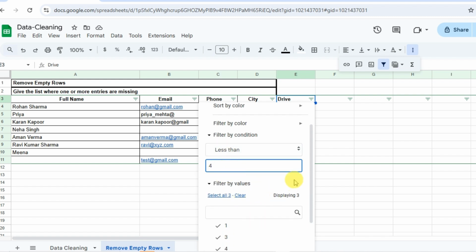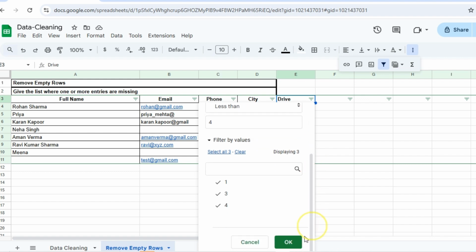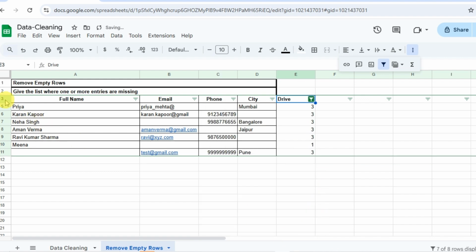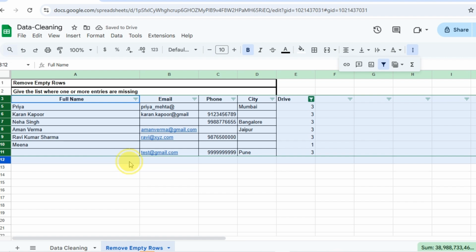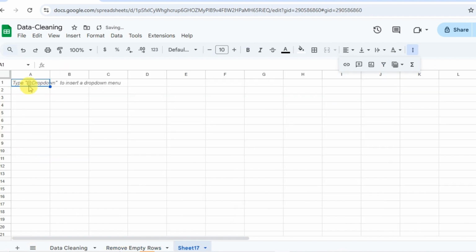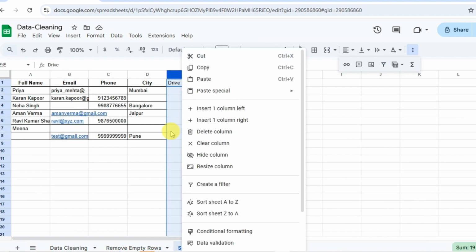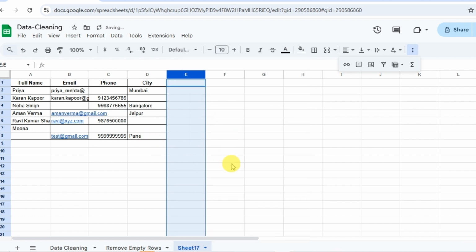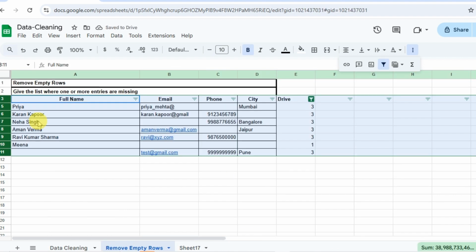So I can give that value and then just apply the filter. Now I can choose all these rows and copy paste them into a separate sheet. Basically, this is the data where one or more pieces of information are missing. Now we can delete this column. Now we can remove this filter as well.